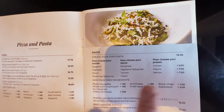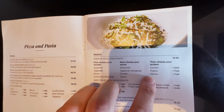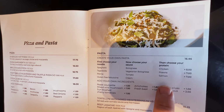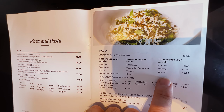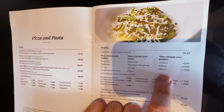$16.95. So let's, for example, have a spaghetti bolognese with none of those. We want beef. Beef goes with spaghetti bolognese, and it's not available. Oh my God. That is crazy. Okay. Oh, beef lasagna,